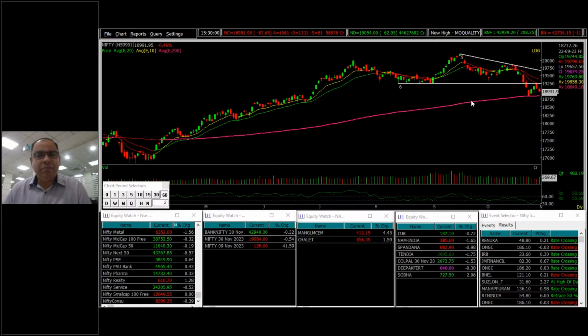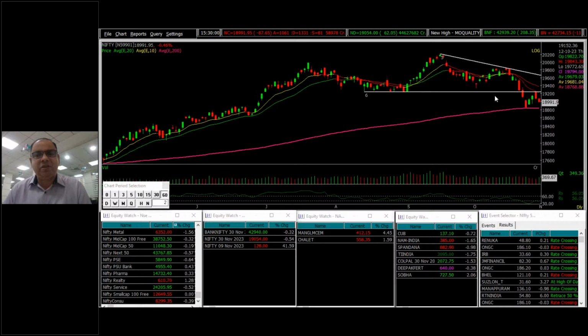So we expect market movement within a range at the higher levels. 19,250-19,300 is going to be the strong resistance. Any upside bounce could encounter resistance at the initial hurdle of around 19,100 levels. If it moves above 19,100, then 19,200 to 19,300 is going to be the strong resistance for the market. At the same time, the very important support of the 18,850 level, which is the 200-day EMA, is approaching. If Nifty breaks below the 200-day EMA, 18,600 to 18,800 is going to be the range at the lower levels, where one may expect the next round of upside bounces.